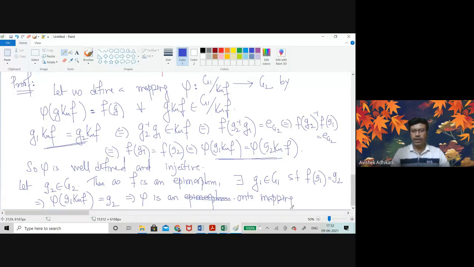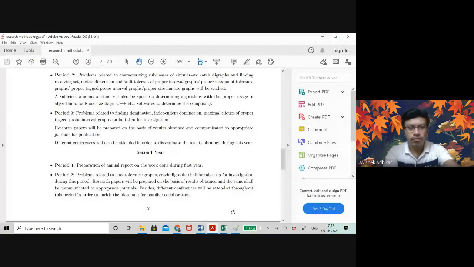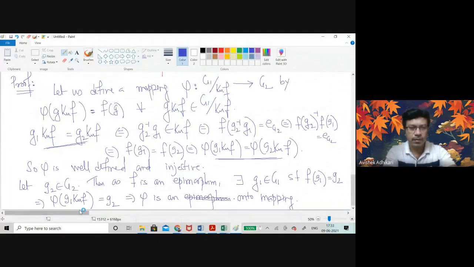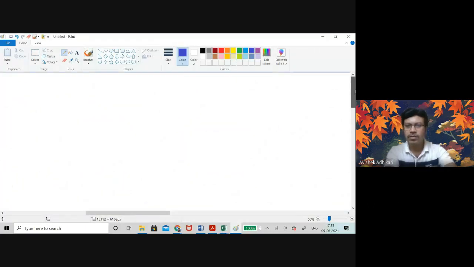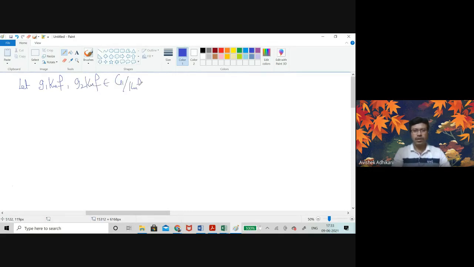Now, we need to prove that phi is a homomorphism, and that will give you that phi is well defined, phi is injective, phi is onto as well as a homomorphism, and that will give you that phi is an isomorphism. So, how to prove that? Phi is a homomorphism. For that you need to take two elements, let us say G1 car f, G2 car f belonging to G1 quotient car f. Then phi of